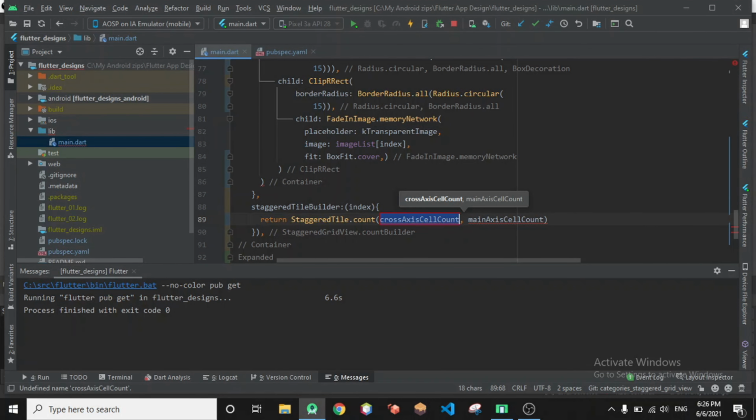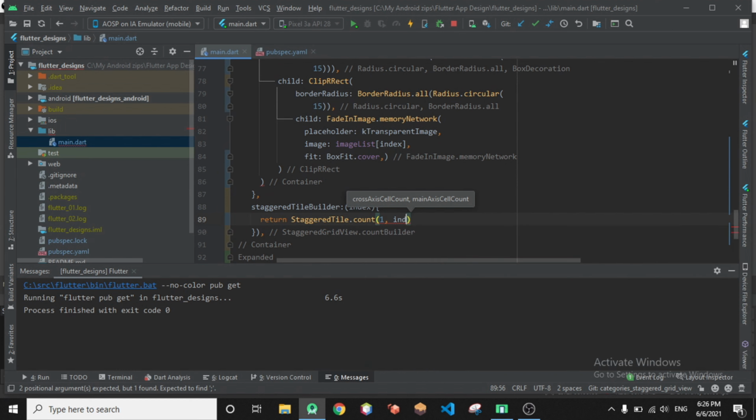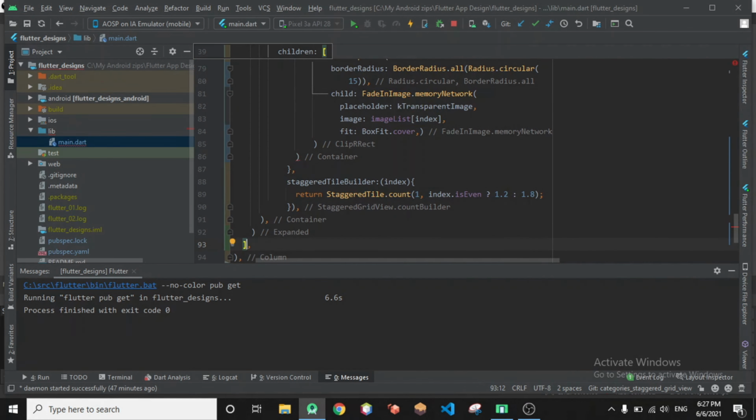So first we initially give our cross axis cell count as 1, and we will implement it as if the index is even, it will be 1.2, or it will be 1.8 of count. So finally, yeah, and we have one more issue. Where is that? Yeah, inside a container, so we have to close our container. And yeah, that's all about our